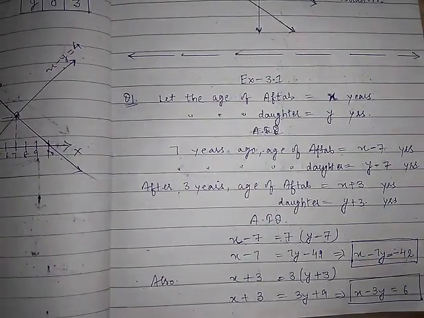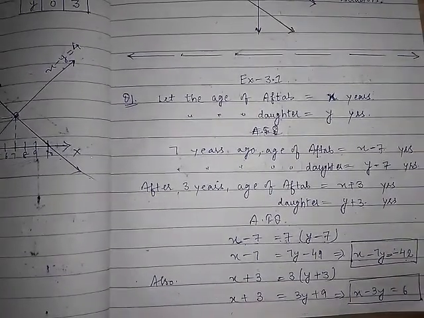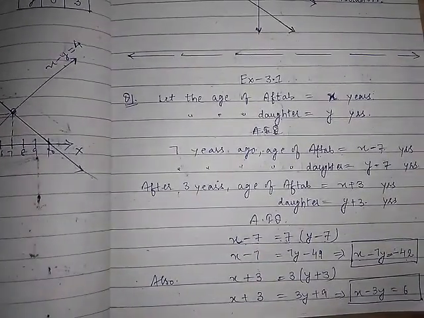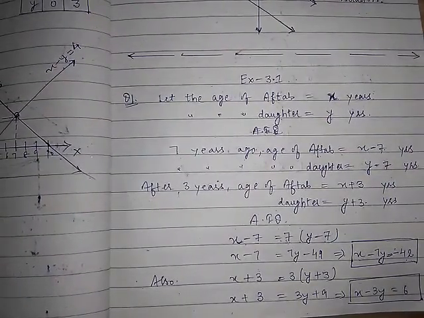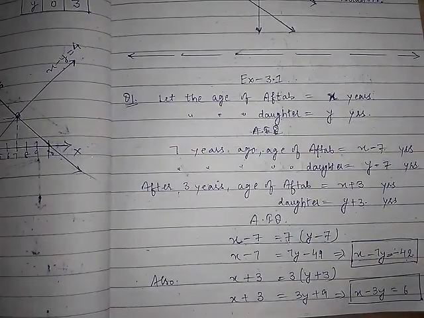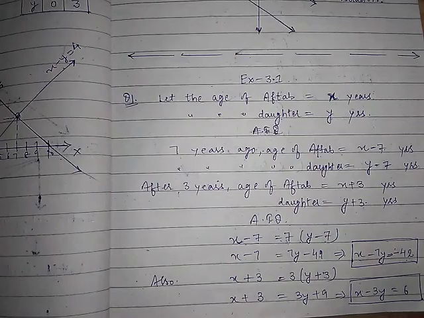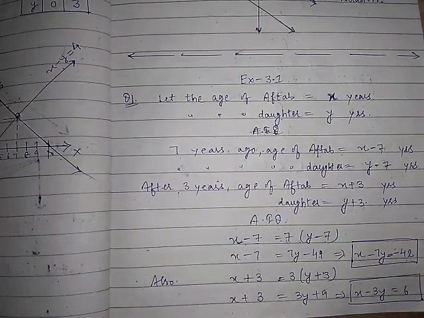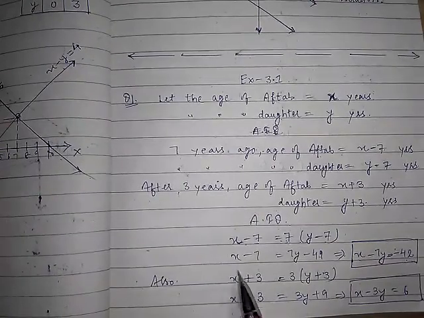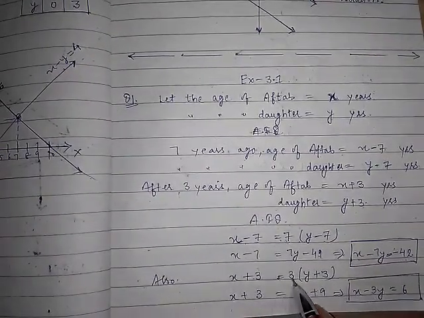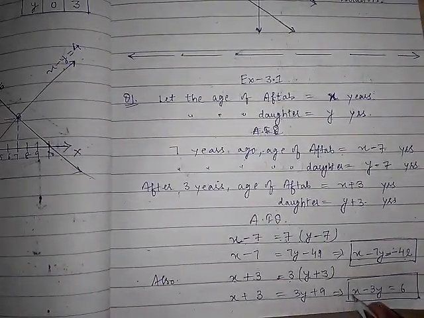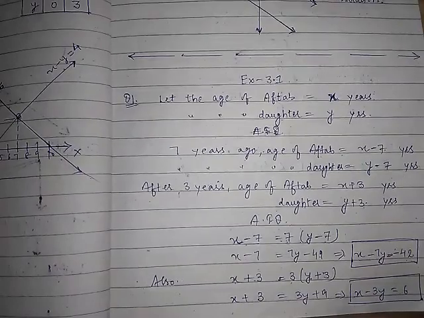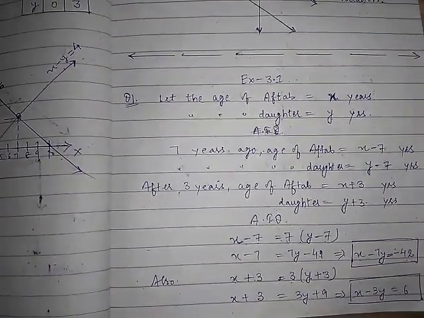After that, from the second condition, in the second condition Aftab is saying that after 3 years, or 3 years later, I will be 3 times as old as you will be. वो बोल रहा है कि मैं अपनी डॉटर को बोल रहा है कि मैं 3 साल के बाद आपकी एज का 3 गुना हो जाऊंगा, ठीक है. So that is the meaning in English here. x plus 3 is equal to 3 into y plus 3, 3 times. So solve this bracket, again you will get another equation in two variables. So give it equation number 2.